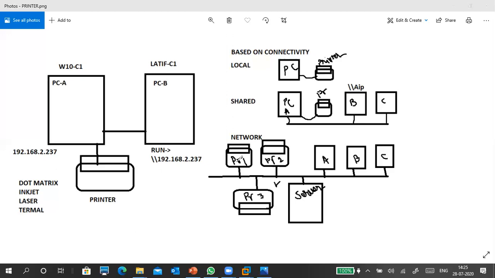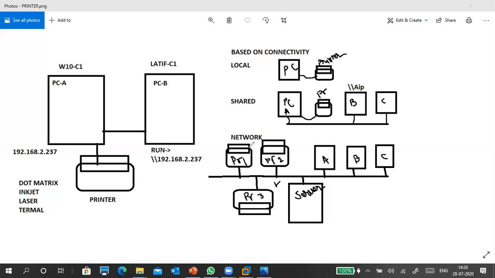Mostly from a DHCP server we can assign the IP address, or connect the printer to a PC or a server and configure the printer. Once setup is done, it's okay, and then we don't depend upon this PC. We don't require it. Next, where do we use network printers? Usually medium to large scale organizations where more hosts are connected to the network. So then the network printer is easier.